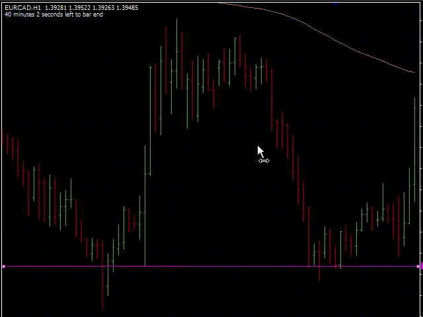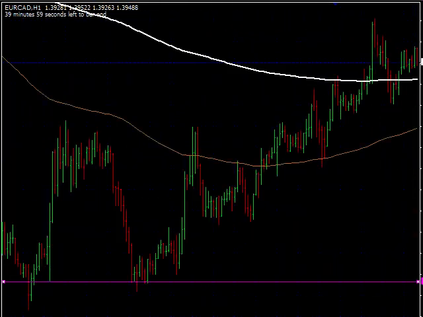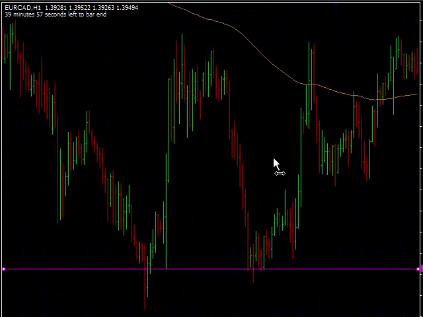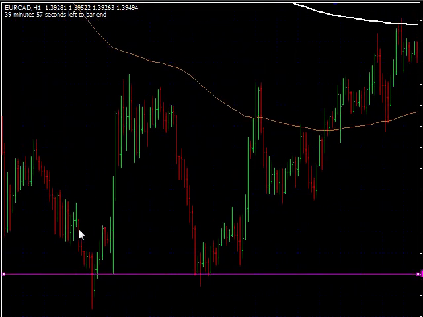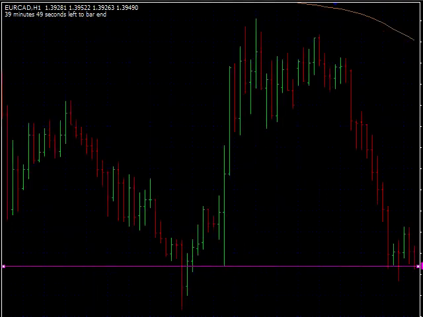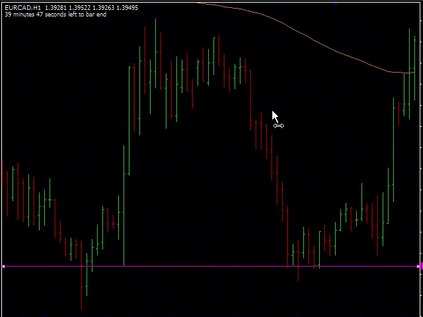Let me zoom this out a little. So this is the double bottom. Can we see here? This is the double bottom. Let me make this bigger a little. Price goes down, the first bottom goes up, gets rejected by the hourly 365 EMA, comes back down,